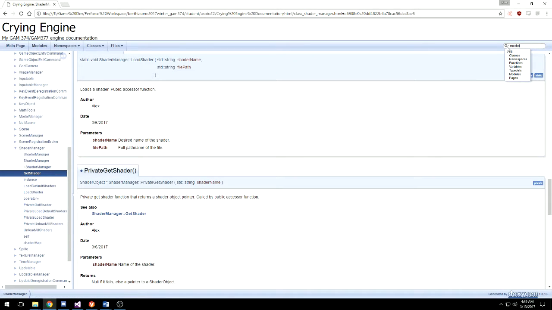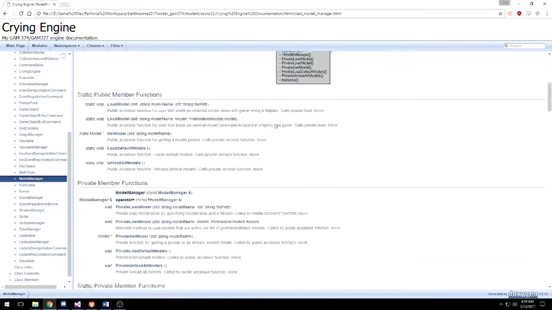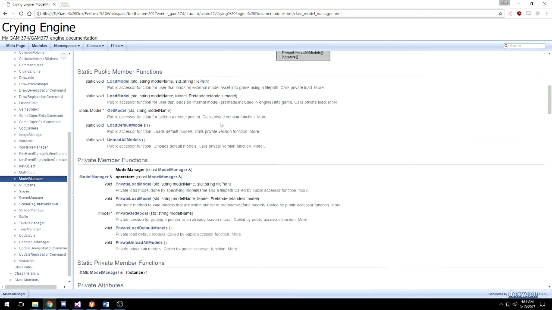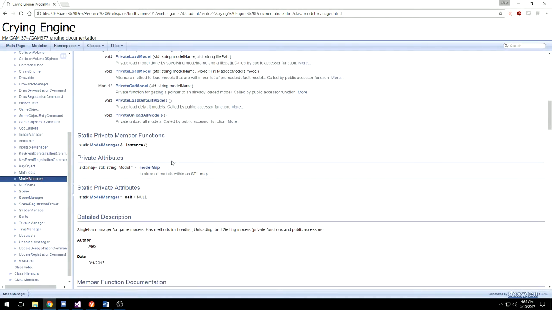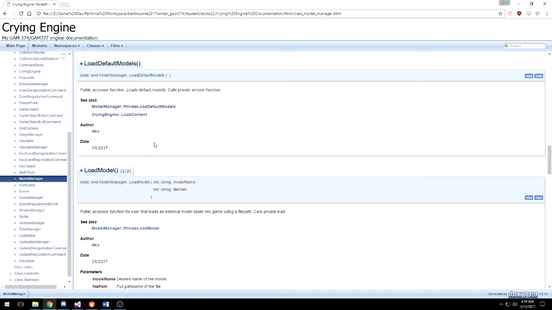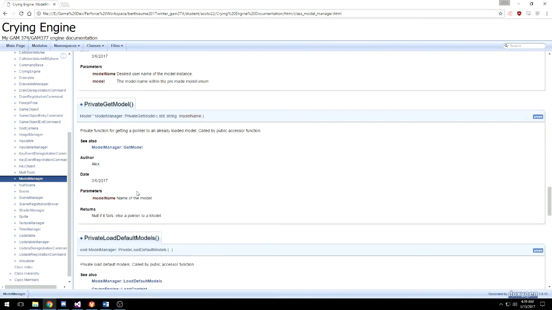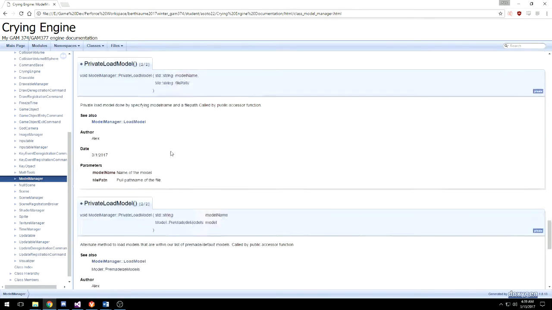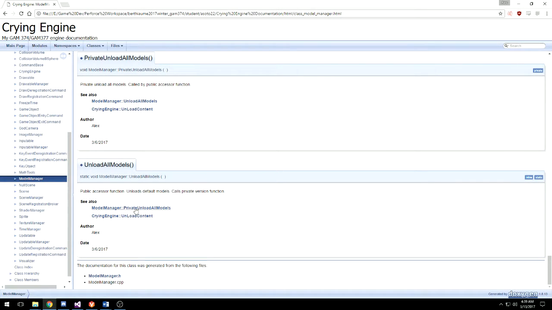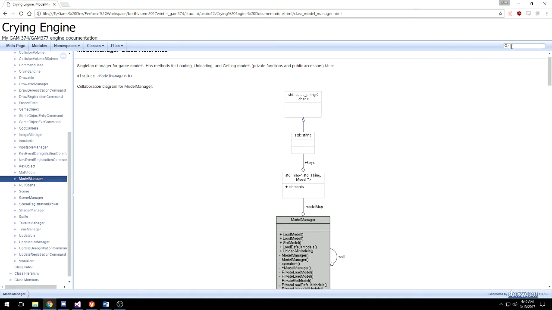For model managers, you'll find pretty much the same idea. This is my documentation. Again, I tried to have literally every single thing custom commented or documented. You can see my privates, and then my publics lead back to my engine, where they're called. So that's just to show the connectivity. So that's shader, model, and